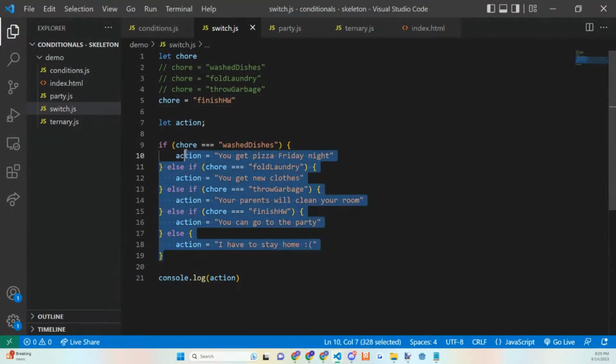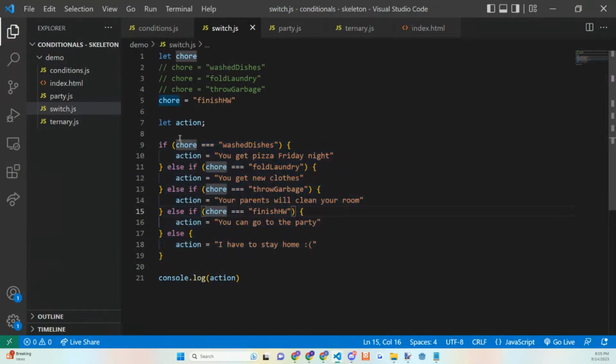All right. So as we saw, this is sort of creating a situation where if one of these chores is done, we hit this specific scenario, right? And we can see that that was a little bit tedious to get this to be done, right? What if we wanted to make this a little bit easier using our newfound knowledge of what switch statements do?